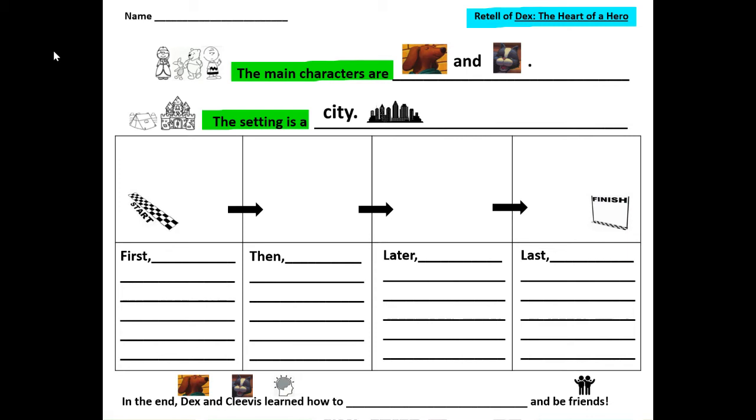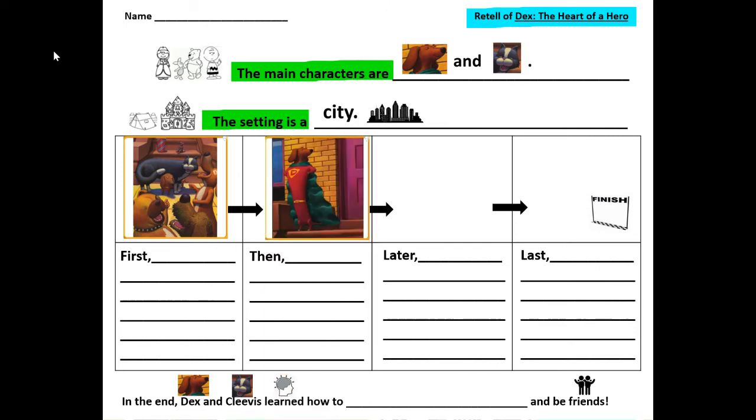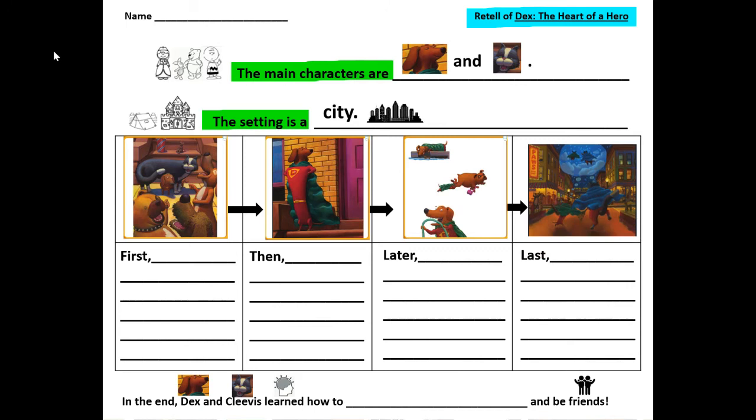So now I'm going to put the pictures in the correct sequence, or order in which they happened. First, then, later, last. So what happened first in the story? First, Dex was, who was Dex? First, Dex was